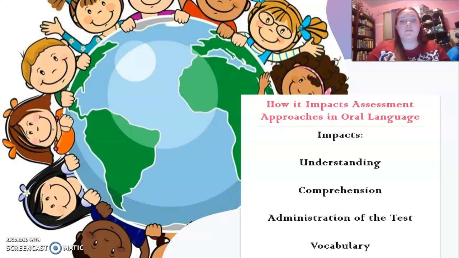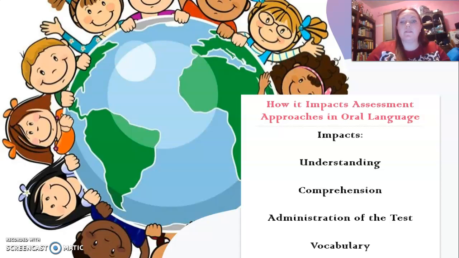The impact also includes how the test is given to them. This could impact if a student is able to test on their own, or if they need a para to help, or a teacher to read it to them, or if they need to do verbal answering or any kind of thing like that. That can also impact how they test. The student I mentioned has a para that helps them comprehend and understand what is expected of them to do.